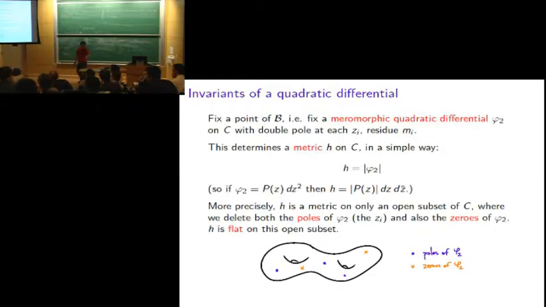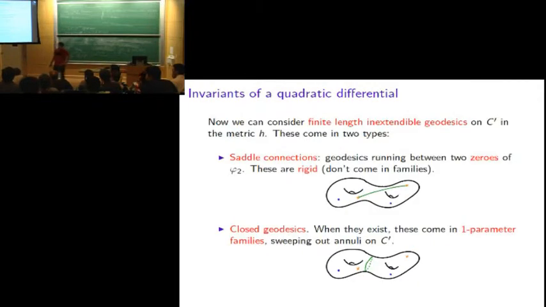OK, so given a quadratic differential, I have a Riemann surface. Quadratic differential, so I have a metric on it. So now what am I going to do? Well, now you can look at the geodesics in that metric. And if you look at a typical geodesic, start at some point and go in some random direction, what happens is that you flow around the surface for a while, and eventually you wind up at one of the singular points, the singularities of phi2, so one of those blue dots. Now, that's what a generic trajectory does.